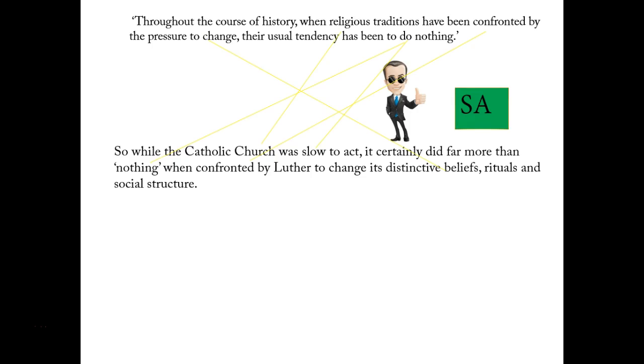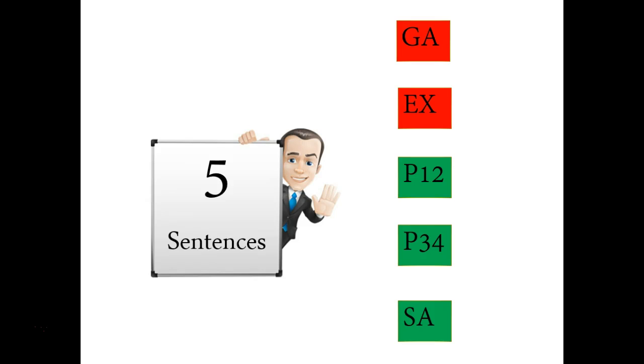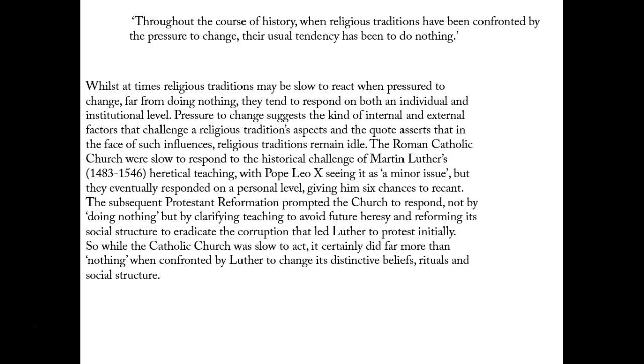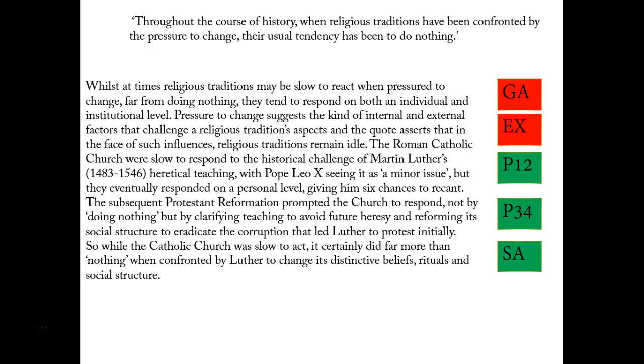So, to recap, here are the 5 sentences. First, a general answer to the question, next a definition of any strange terms, then an explanation of paragraphs 1 and 2, the same with paragraphs 3 and 4, and finally a specific answer to the question. So you can see it all in all its glory, here is the final paragraph. Feel free to pause and enjoy, and realize all the sentences are there.